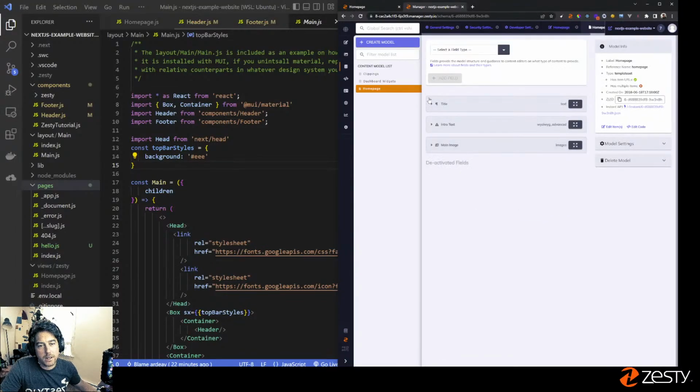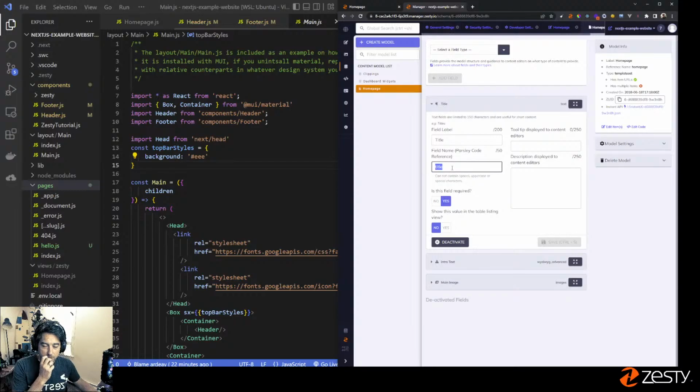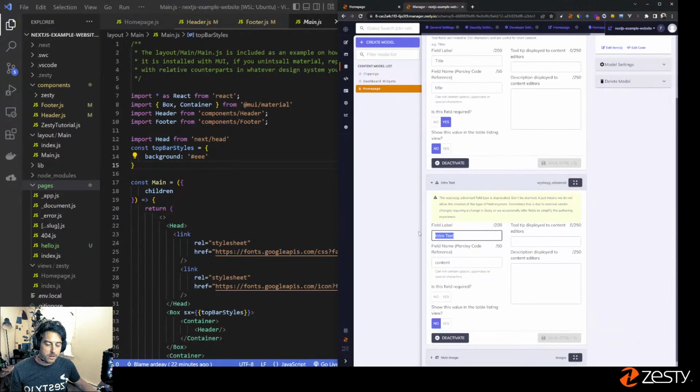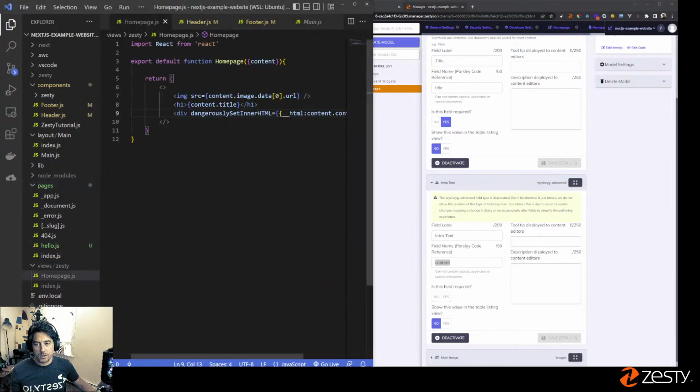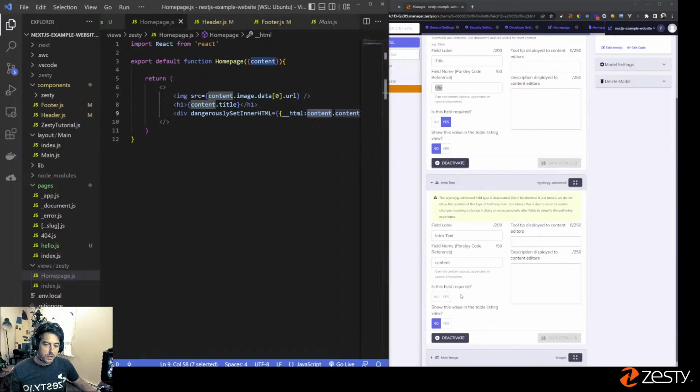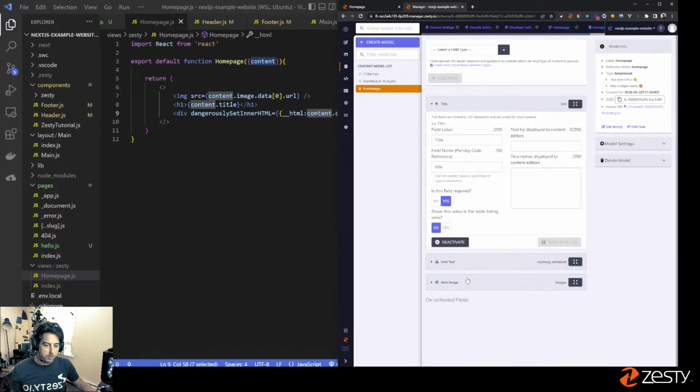And you'll see here behind the scenes, this has the title, my intro text, and main image. And if I open this up, we'll see the reference for title was title. And if we go to intro text, we'll see that intro text is the label, but the actual reference name is content. And when I open up my component, I'm going content title, right? Title, the reference name, and then content, and this one's content content. A little redundant, but that's because it's called content. And then when we look at my image,